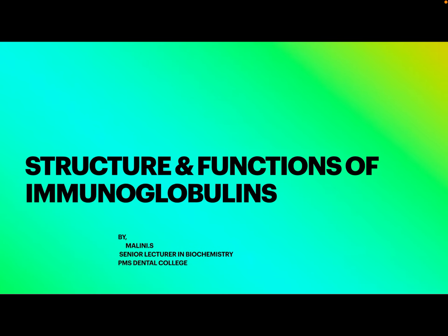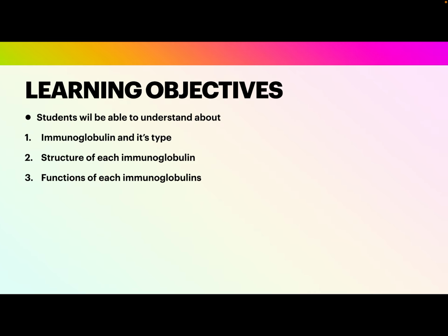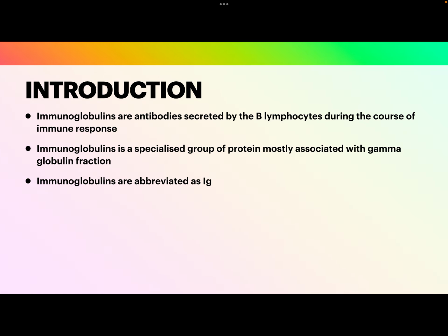Today we are going to discuss the structure and functions of immunoglobulins. Under this, we have to study the various types of immunoglobulins, then the structure of immunoglobulins, and the functions of immunoglobulins. So what are immunoglobulins? Immunoglobulins are antibodies which are secreted by the B lymphocytes during the course of